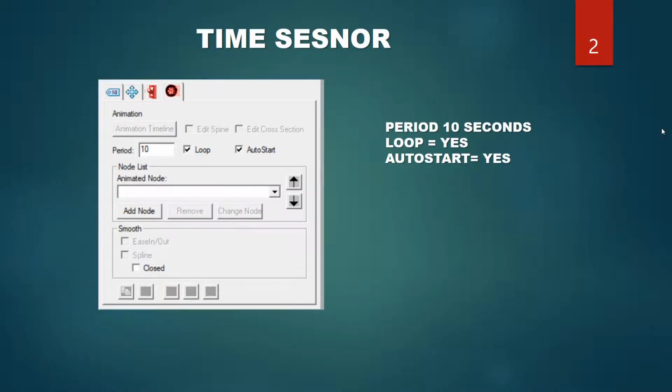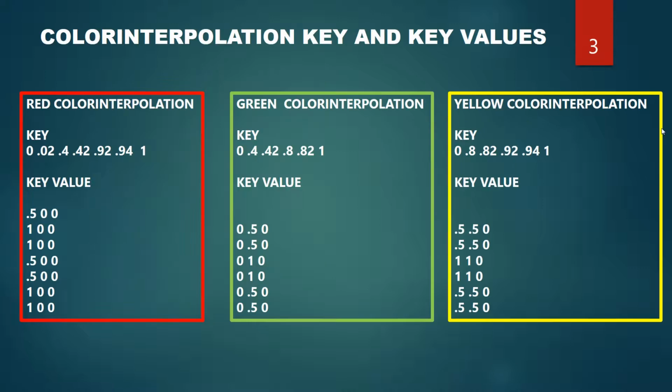Now in the node graph of this animation, you will require a time sensor. The period will be 10 seconds, and you have to check the loop as well as the auto start options. Then there will be color interpolation, and for the color interpolation two important pieces of information are required, that is the key and key values.